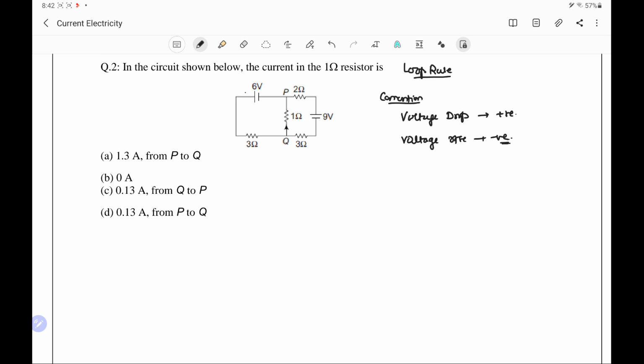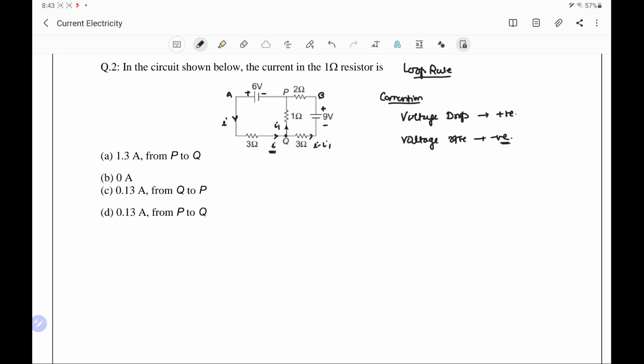Here in this problem, this is the positive plate, this is the negative plate, and similarly here it is positive, it is negative. First, we draw the currents in the circuit. Suppose current I is flowing in the branch P to A, and this I reaches Q, and at the junction Q it divides in two parts. Suppose I1 in the Q to P branch, and the remaining part I minus I1 will pass through the Q to B branch, because incoming current should equal the outgoing current.